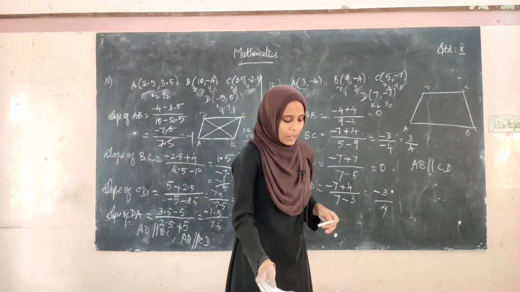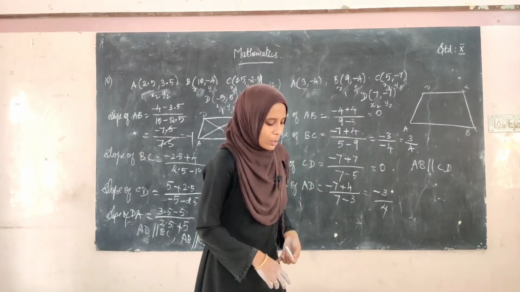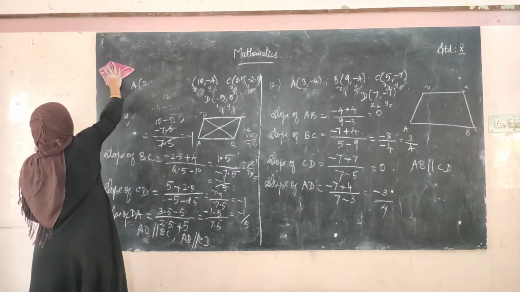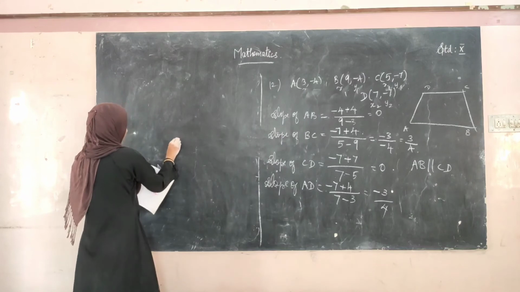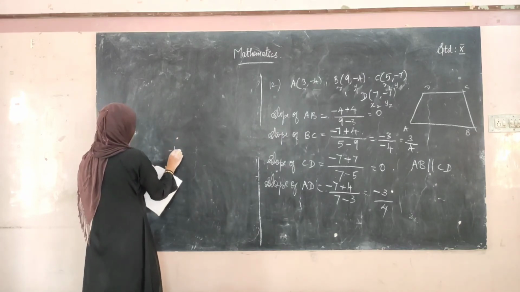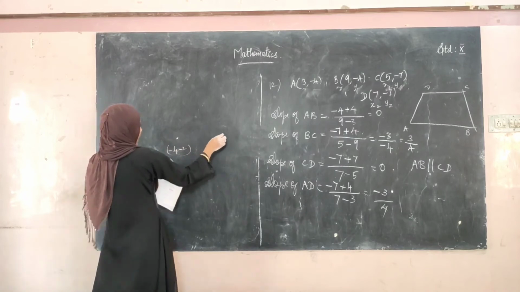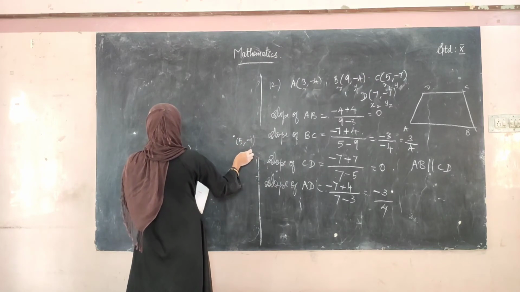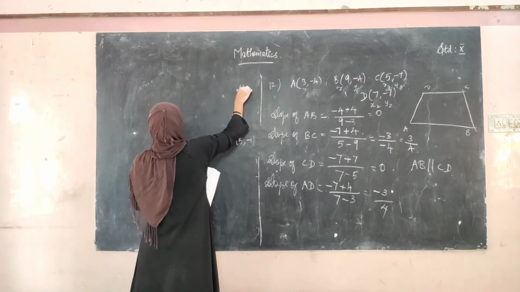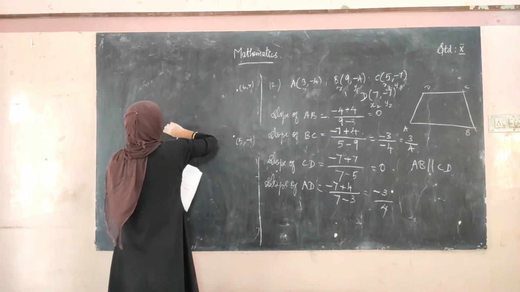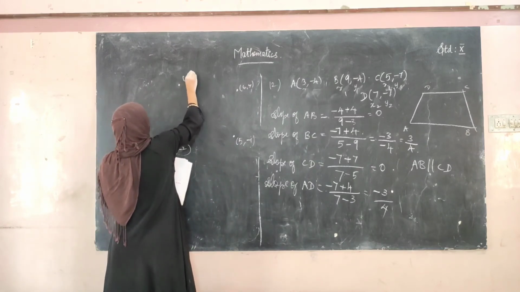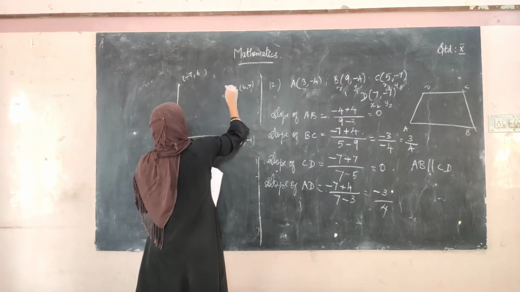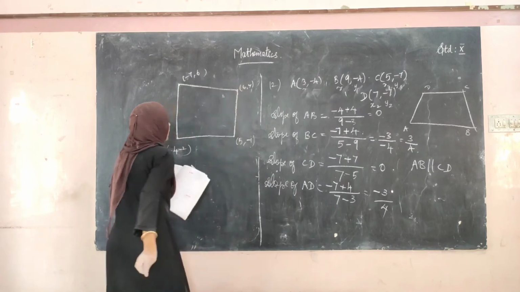See the 13th sum. A quadrilateral has vertices. Show that the midpoints of these sides form a quadrilateral. So the sum is somewhat complicated. Vertices. Okay. This is minus 4 comma minus 2, and then 5 comma minus 1 happens here, and then 6 comma 5 happens here, and then minus 7 comma 6 happens here. So what they have given is a parallelogram.